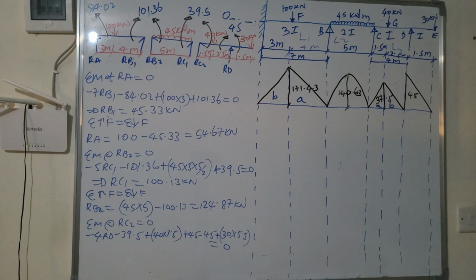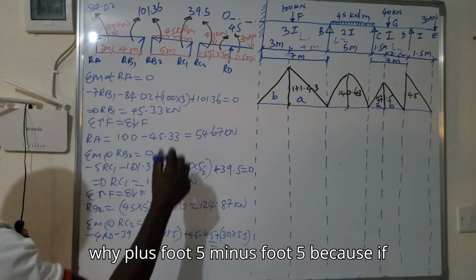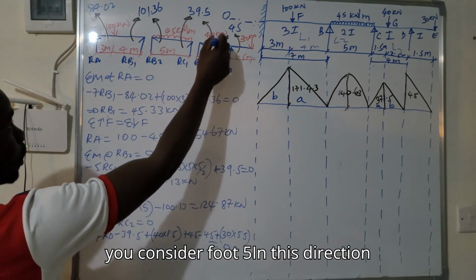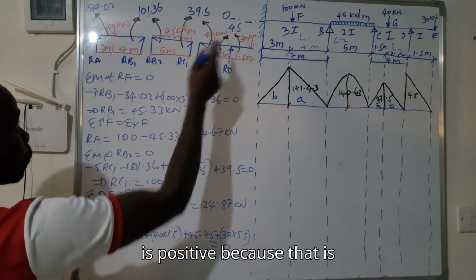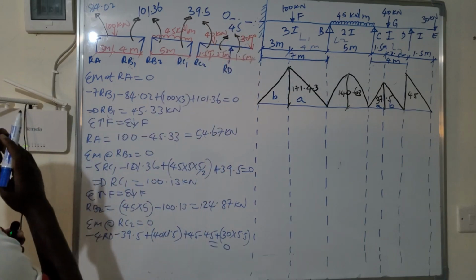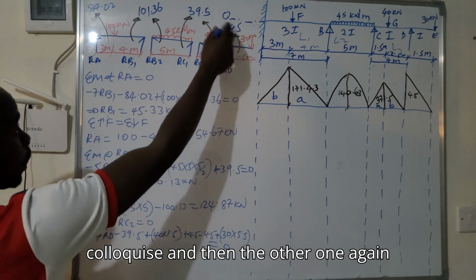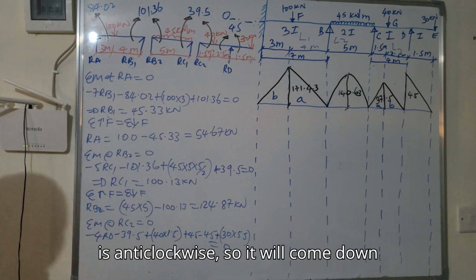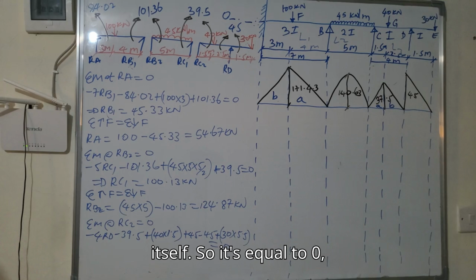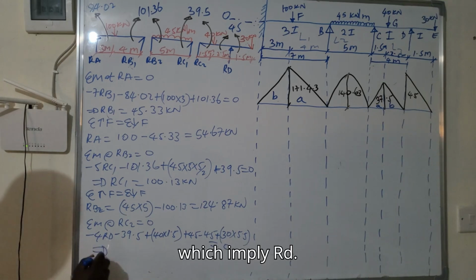So plus 45 minus 45, because if you consider 45 in this direction is positive, because that is clockwise. And then the other one again is anti-clockwise, so it will cancel itself. So it's equal to 0, which imply